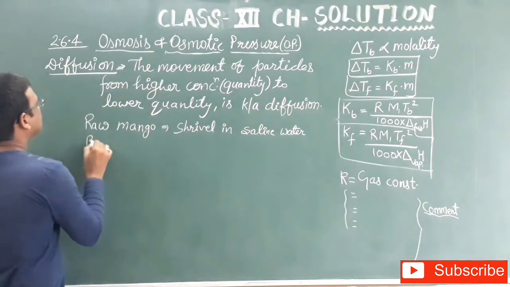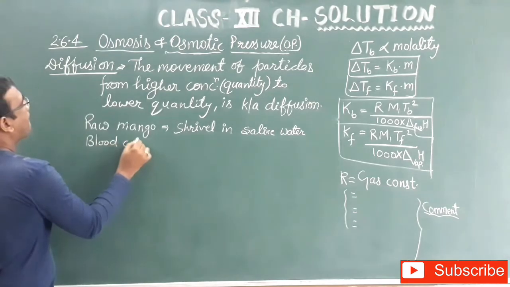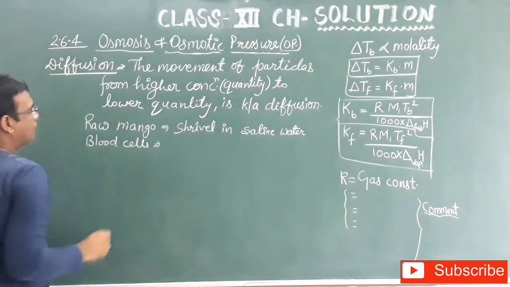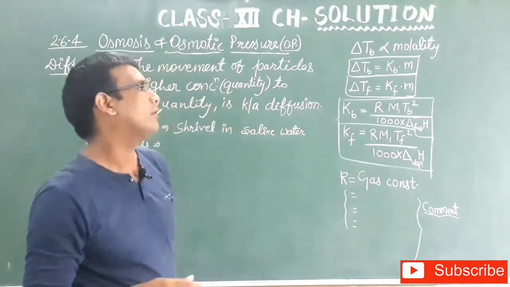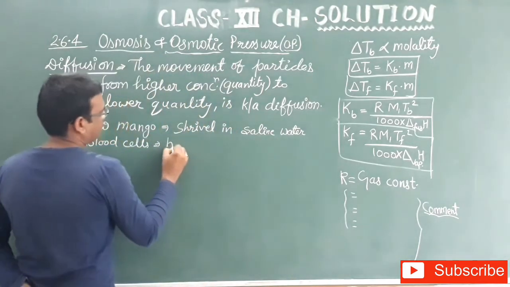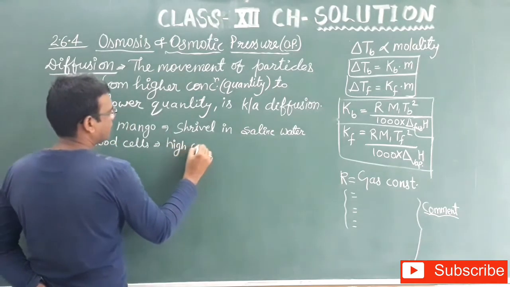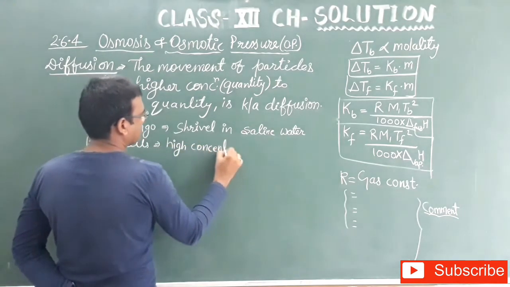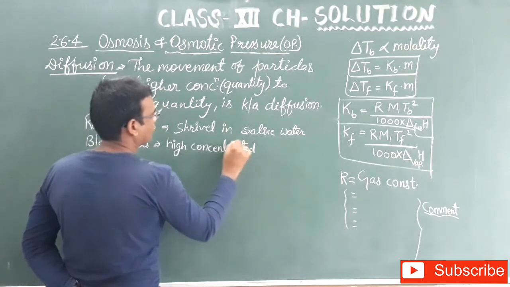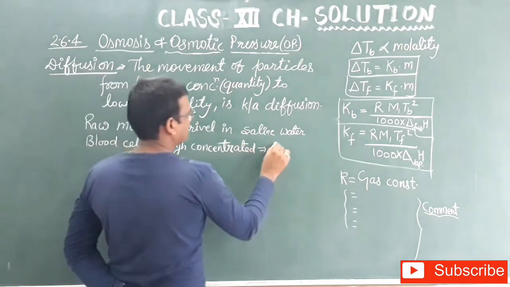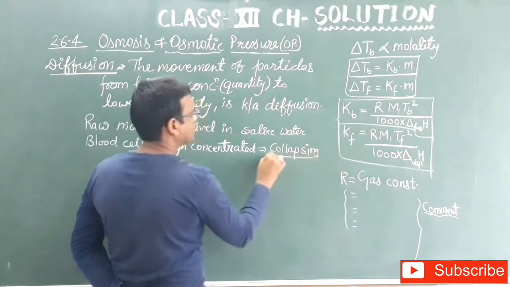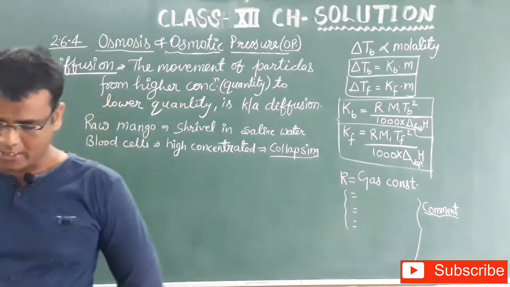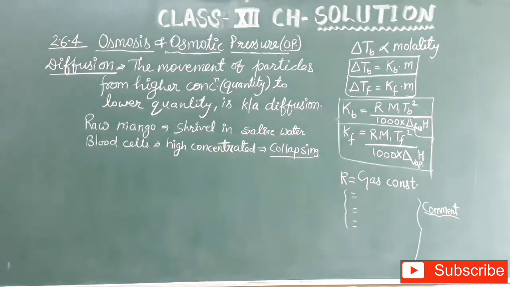blood cells, if you put blood cells in there, again high concentrated solution, then collapsing takes place, collapsing of blood cells takes place. So these are some examples which are given in your textbook. Okay,